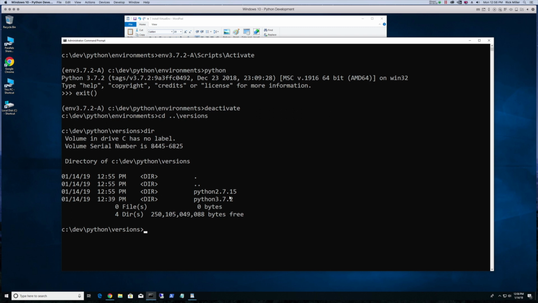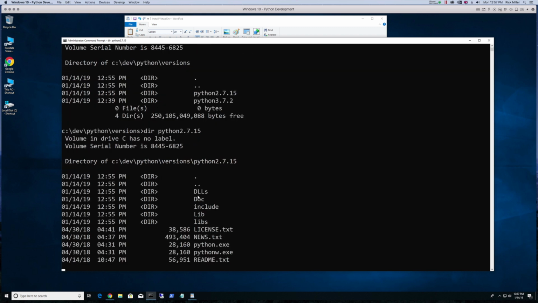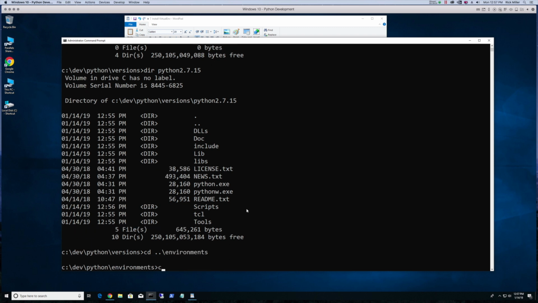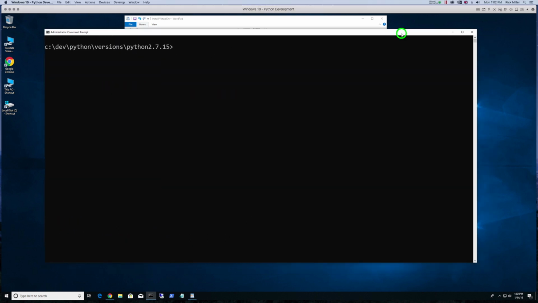So keep in mind, if we look at dir Python 2.7.15, we'll see that there's a Python executable here, python.exe, right? That's the Python that we want to use to create our virtual environment for 2.7.15. So let's go back over here, /environments, CLS. Okay, now that we've got Python 2.7.15 installed,